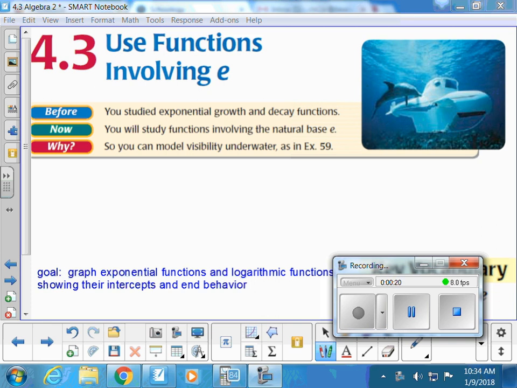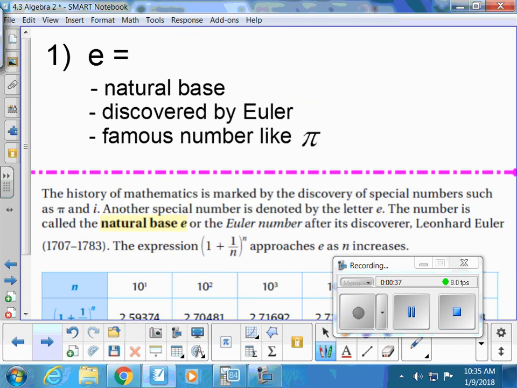All right. So today we are doing functions involving e. You probably never heard about e. Who's heard of pi? Raise your hand if you've heard of pi. All right, everybody. Who's heard of e? Yeah, nobody. Well, e is very similar to pi. It's an irrational number. Let's pull up our calculators and look for the e button, because everybody probably didn't even